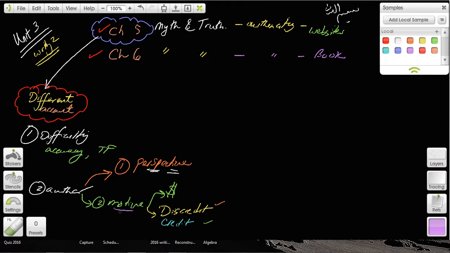So the motives of the author are very important to consider. And besides these, there are other reasons why it is difficult, why there are different narrations of the same particular historical event. Then the author goes on to give an example. The example he gives is a very important one, and that is the myths that surround Columbus.